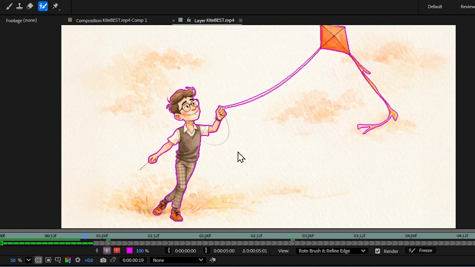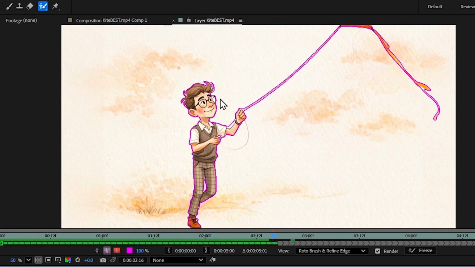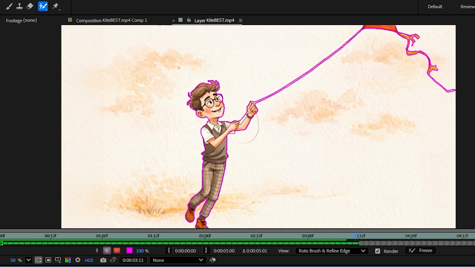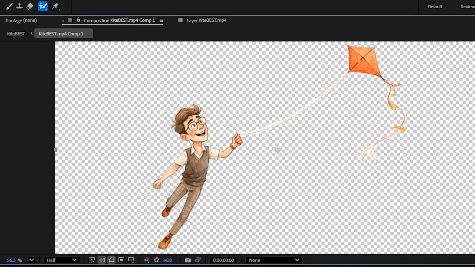The string could be better, but I'm not too worried about the string. I was mainly focused on making sure that the character himself was rotoed out. And I had it the way I liked it, so everything seemed fine. And I exported it out. And then again, I also exported it through After Effects just to see if either one made a difference, and